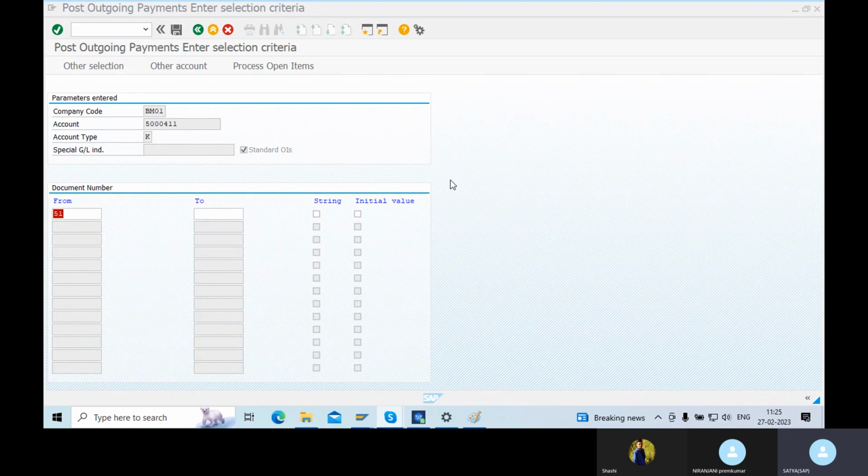So the system should allow for that customer or vendor tolerance, because there are three types of tolerance: user tolerance, customer/vendor tolerance, and GL tolerance. So this tolerance you need to fix. Otherwise, the system will not allow you to make the payment. So that is why